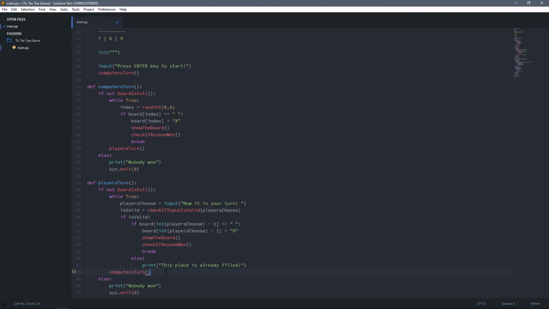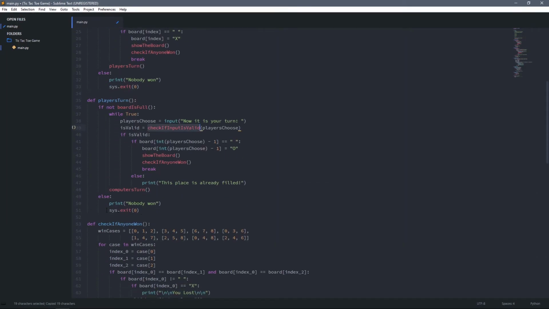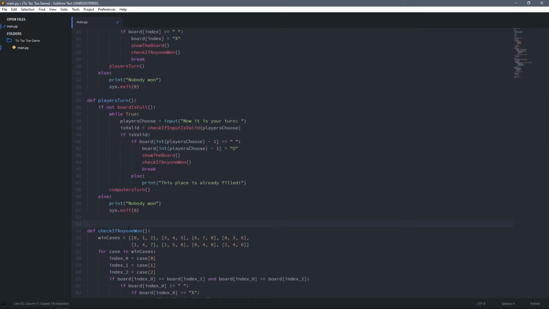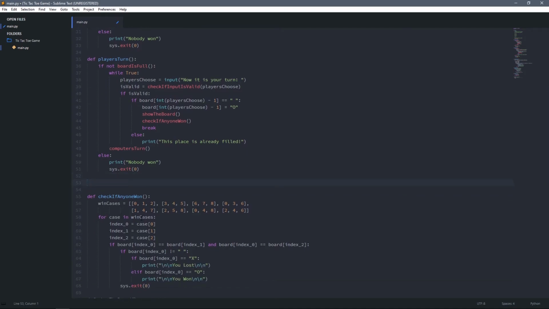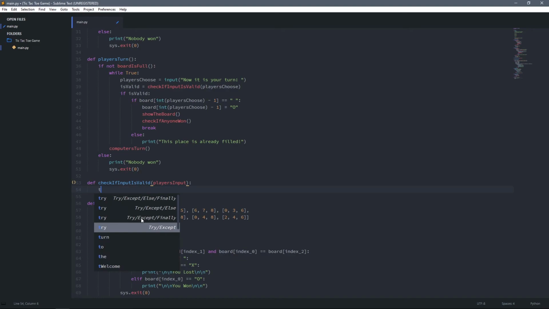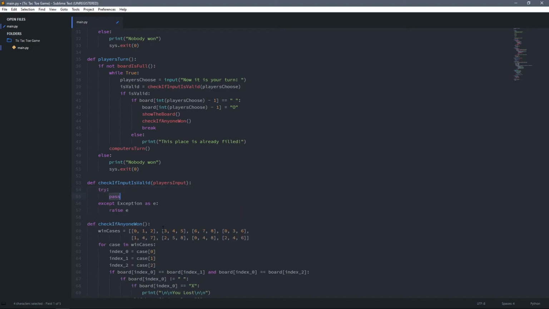it is called check if input is valid. And after that, our program is ready to run. So let's create check if input is valid function. I'm gonna copy the name and create it after player's turn function. It takes argument, so I will call it player's input. Then I'm gonna create a try except block, and in a try block I will create a variable which is